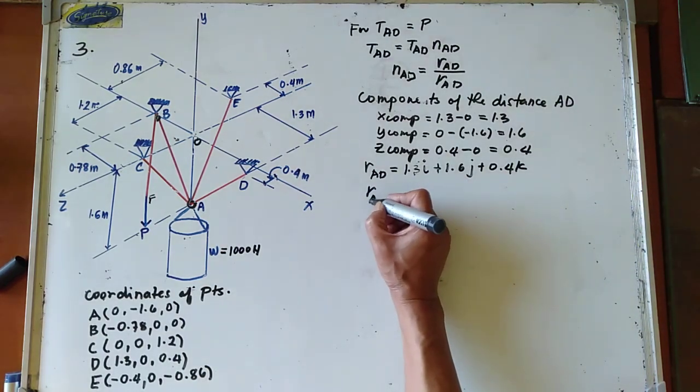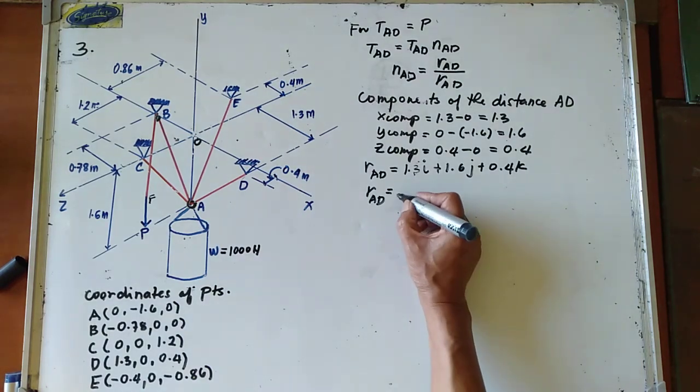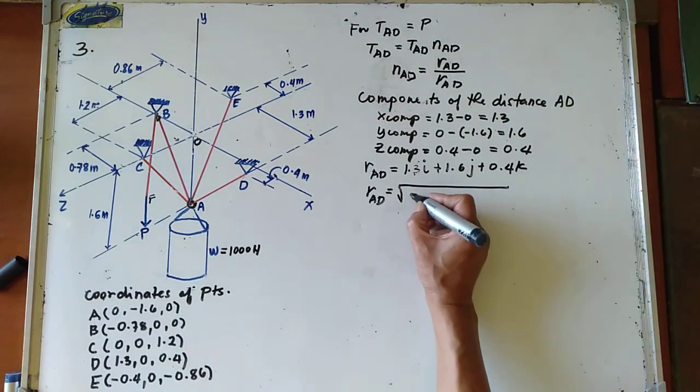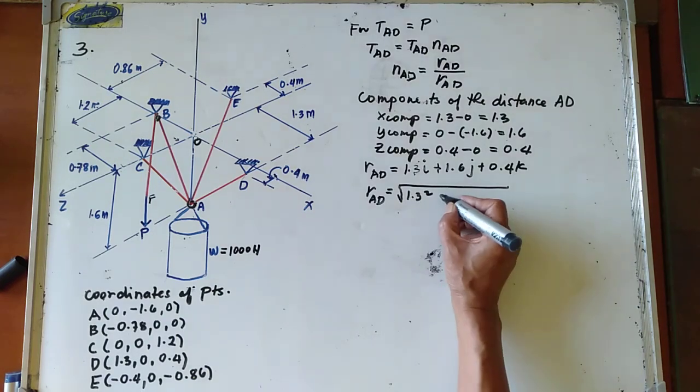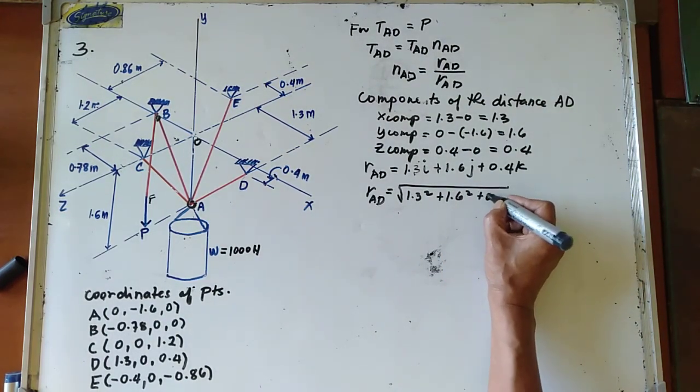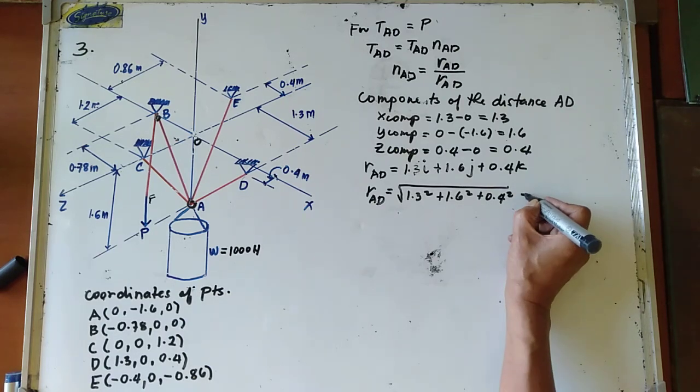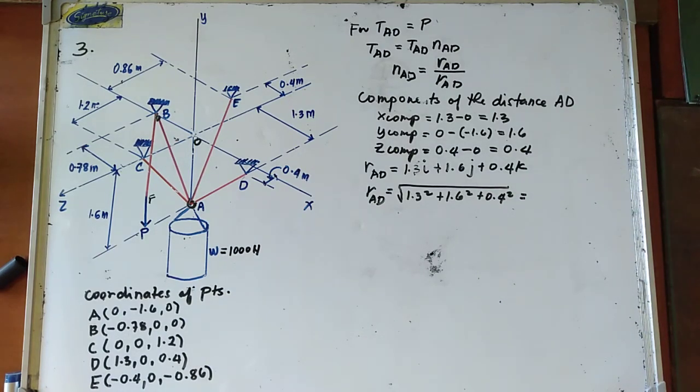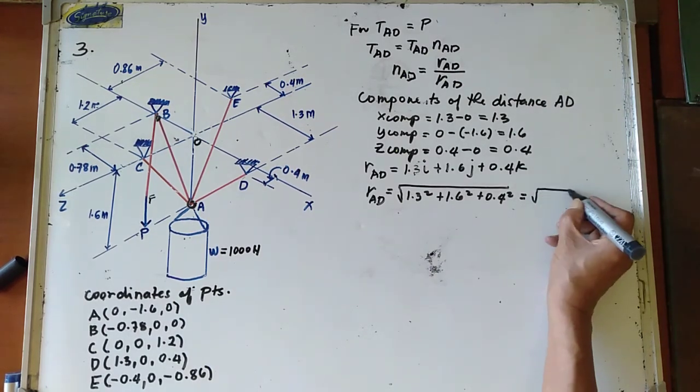Its magnitude is equal to the square root of 1.3 squared plus 1.6 squared plus 0.4 squared, and this is equal to the square root of